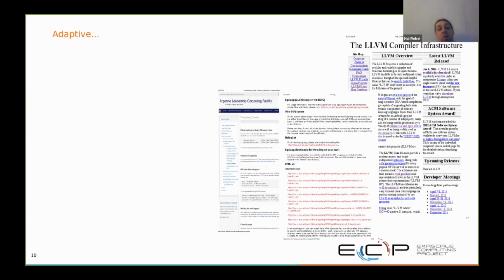Okay, so I said on the title slide that LLVM is relevant for the future of HPC, and it's important because of adaptivity, because of reliability, and because of heterogeneity. And so I want to touch on each of those topics in turn. So first, for adaptivity,